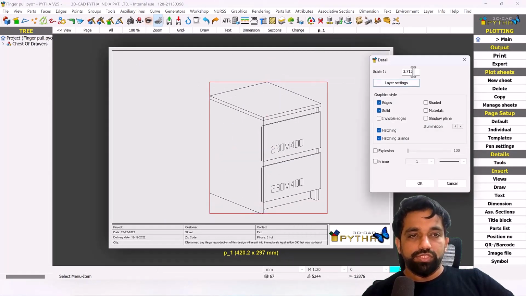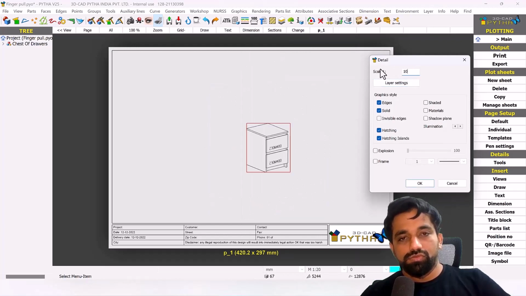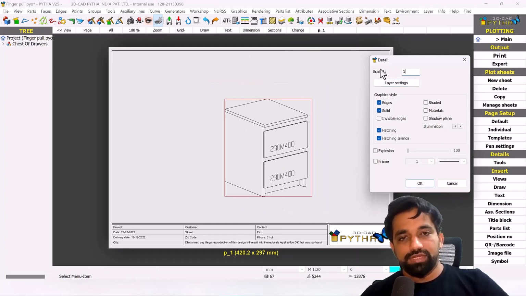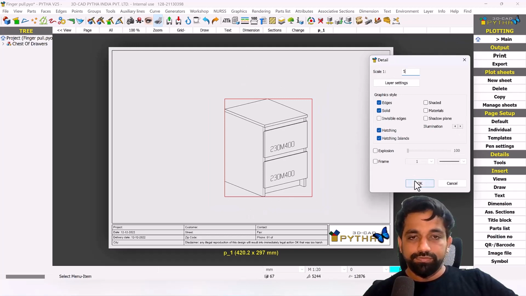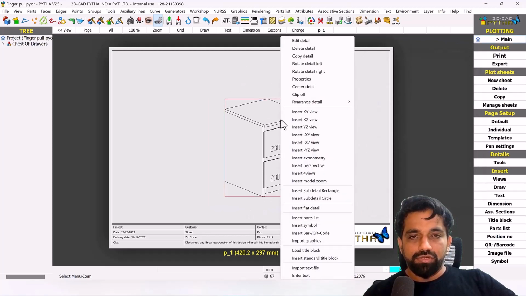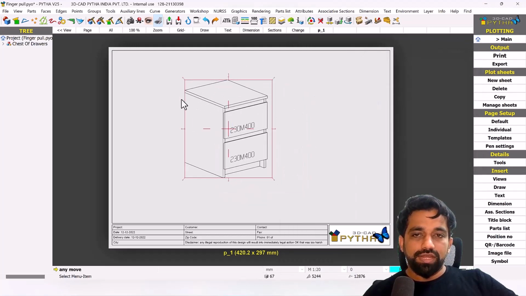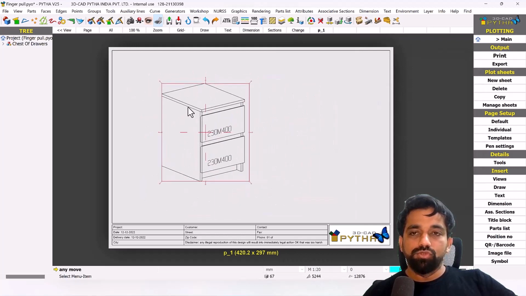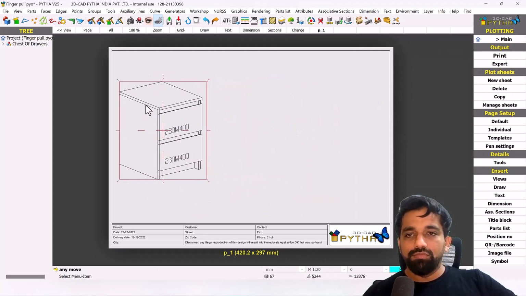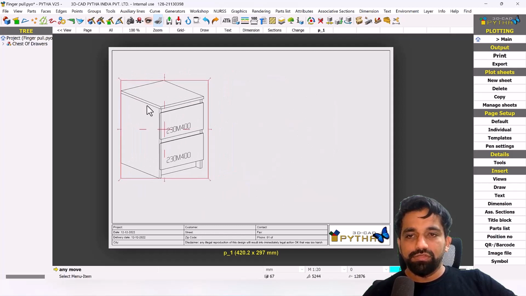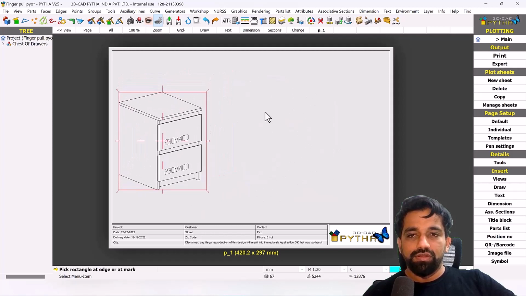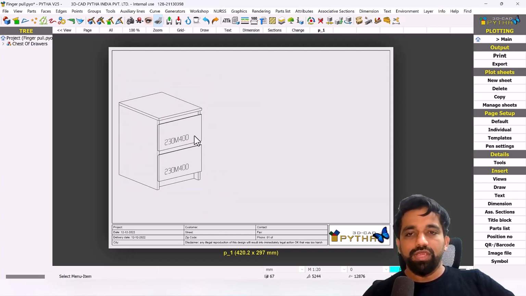So I just switch back to 5 times smaller, and now I'm gonna double click this and I can still move it. So you don't have to do right click, edit detail and then move it, but you can just double click and you can just move it and bring it to this area. Okay,